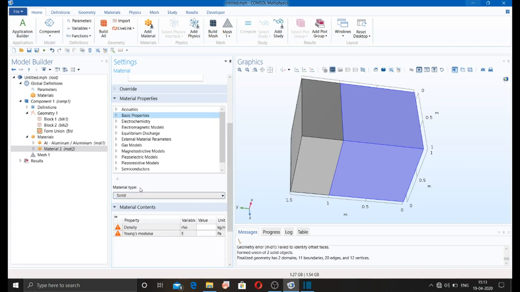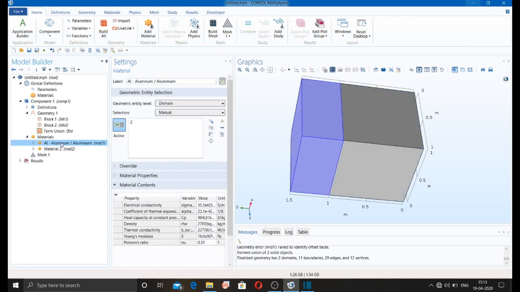You can change the material type from here, solid to non-solid. If you want to give the material properties as isotropic, diagonal, symmetric or anisotropic, then just select any property. I am just selecting electrical conductivity from here and going to edit it.